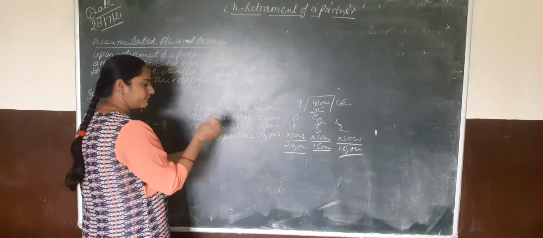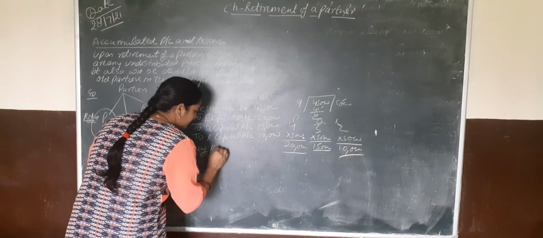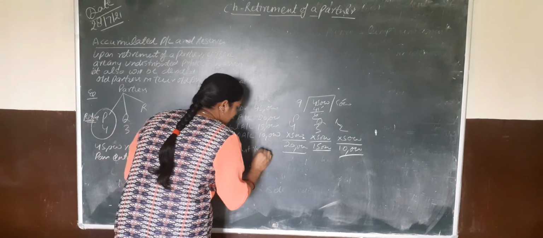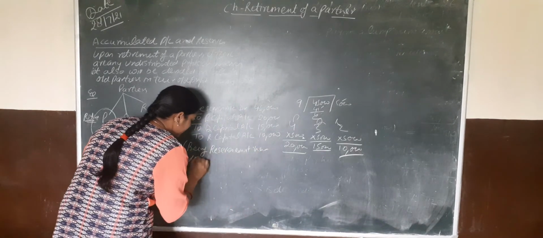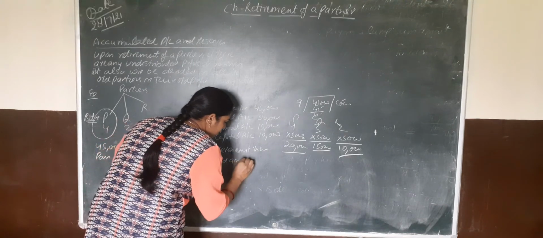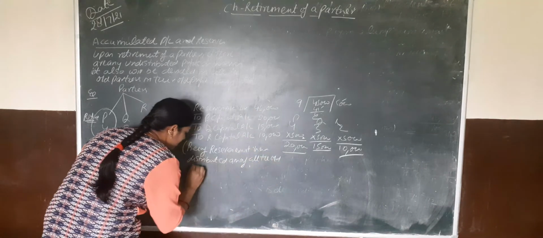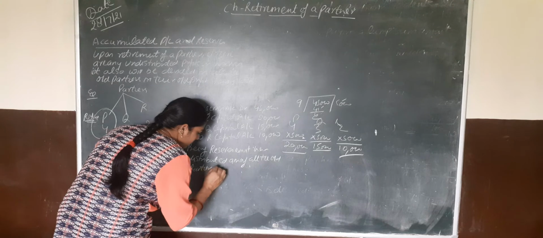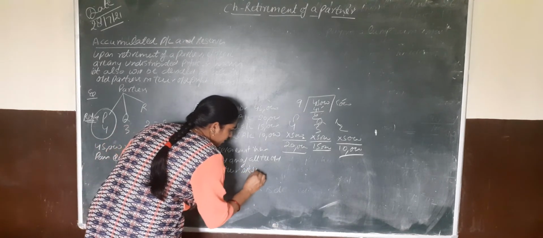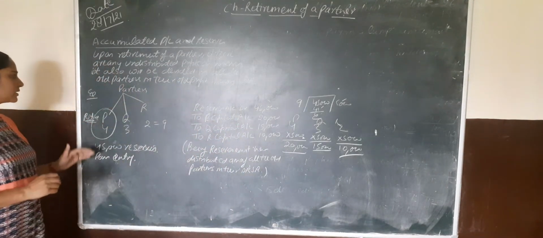So we will pass the relation: the reserves amount has to be distributed among all the old partners in their old profit sharing ratio. Okay children, according to this we will pass the journal entry at the time of reserve